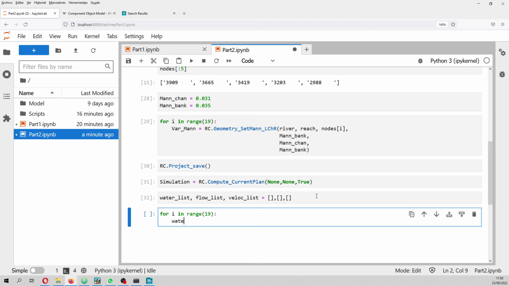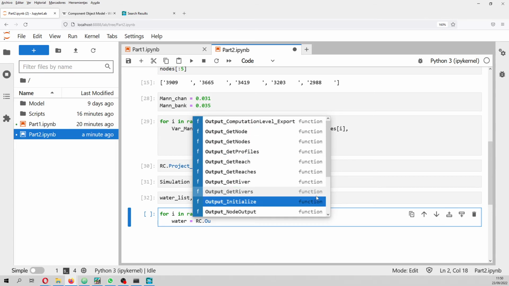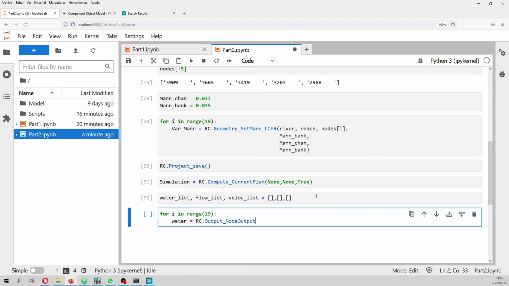Let's say water is equal to rc.output_node, node output, and let's say 1E+1. So this is the river 1, the reach 1, the node 1, because actually the range starts from 0. Okay, 1 and 2. This is the slicing, and then you have to search